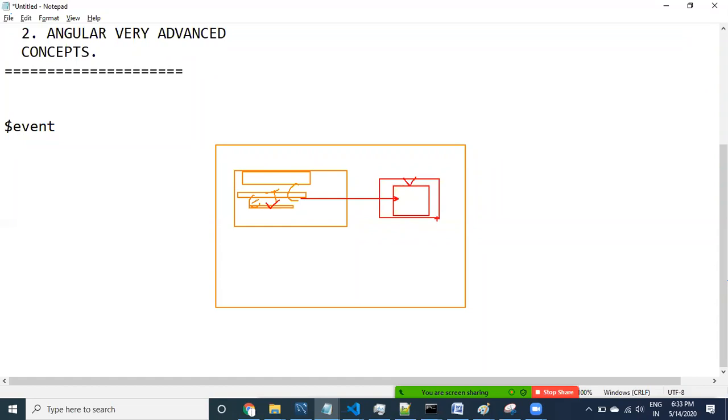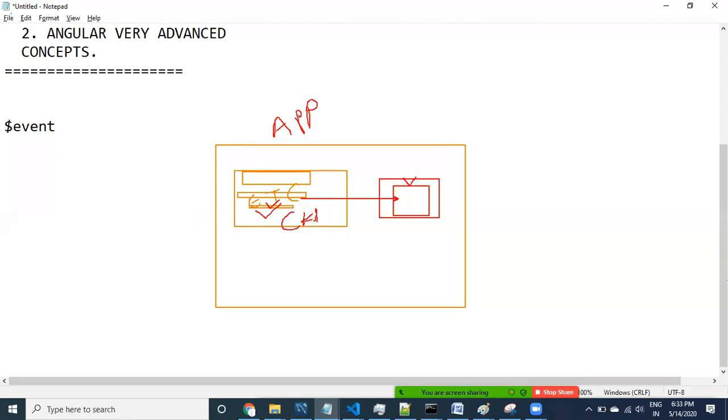Here means in which component again? In the app component. So whatever information we are getting from the child component, the app component is the parent component. This is the child component, the employee table component.